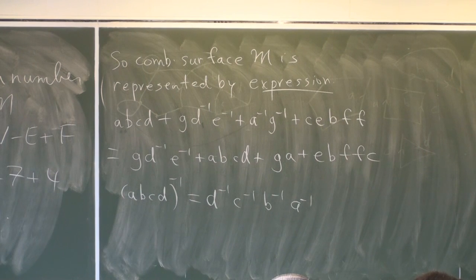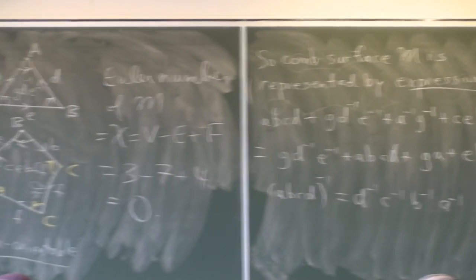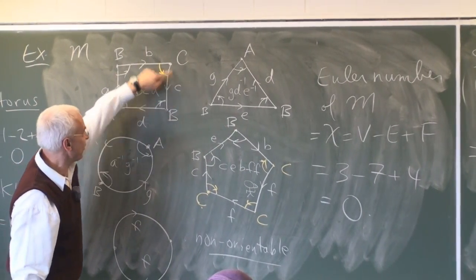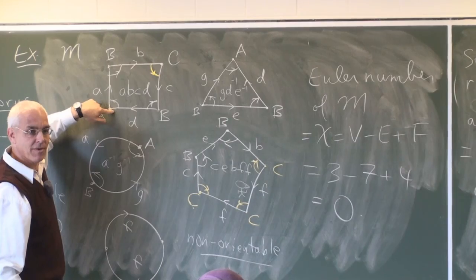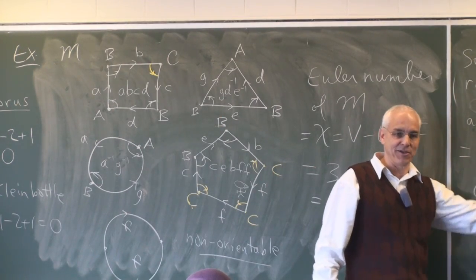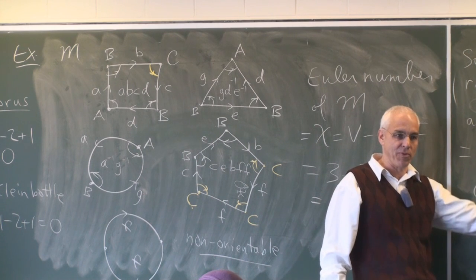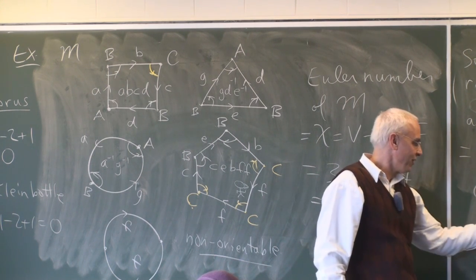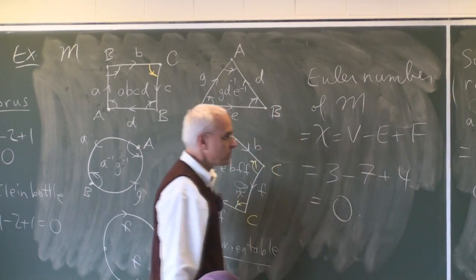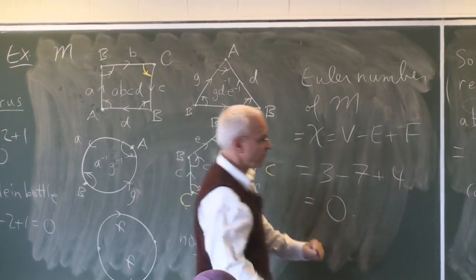And if we went around this one here in this direction, we'd have to go, sorry, let's start with D. D inverse, C inverse, B inverse, A inverse. And those of you who have taken some group theory recognize this is how you take the inverse in a group. So you have to change the order as well as changing the inverses. So that's one kind of transformation that we can do.